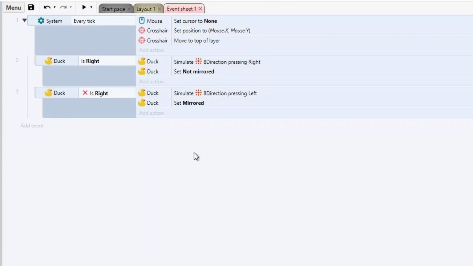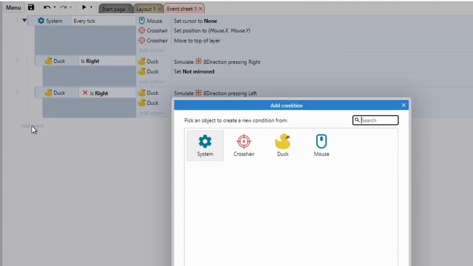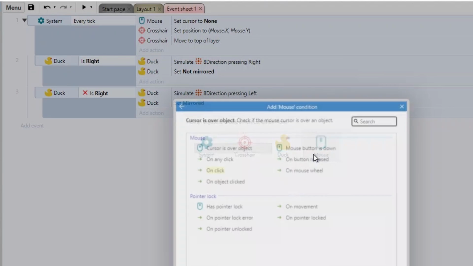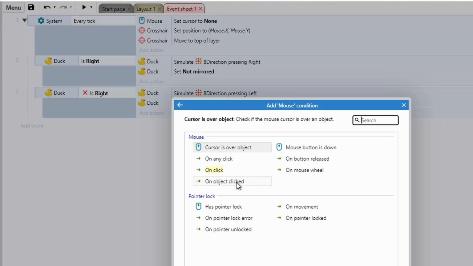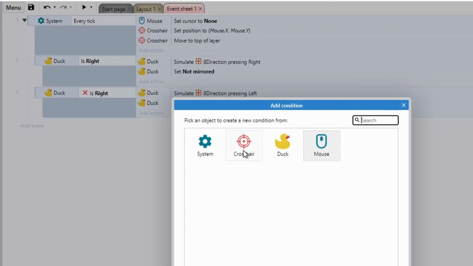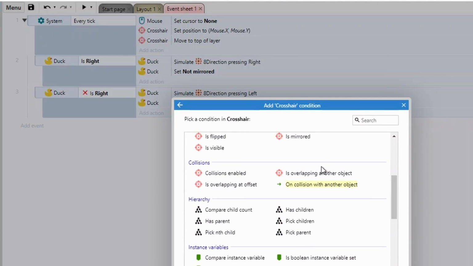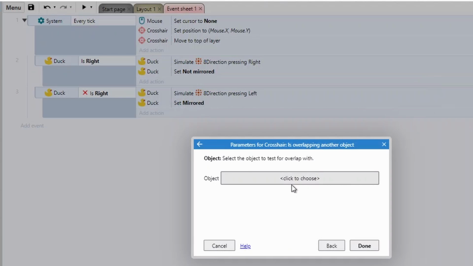So before we do our test, we'll do one more bit of code first. We're going to add an event. Now you've got two options here. You can either do mouse on object clicked. Now this is very precise shooting, which means it's going to be much harder to hit the ducks. Or you can do crosshair is overlapping. And this is a lot more generous because you've got a bigger range to click between. So I'm going to use the crosshair if crosshair's